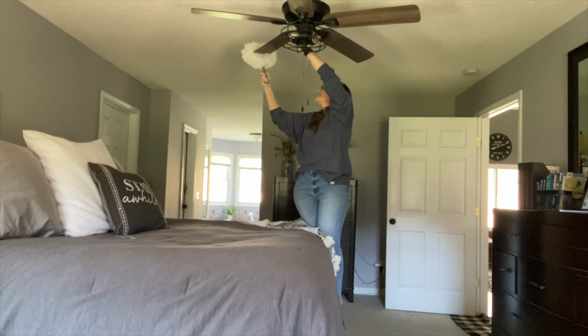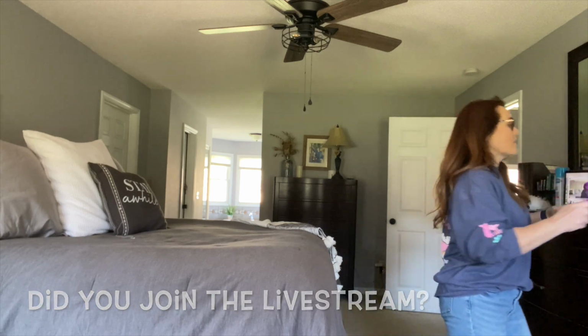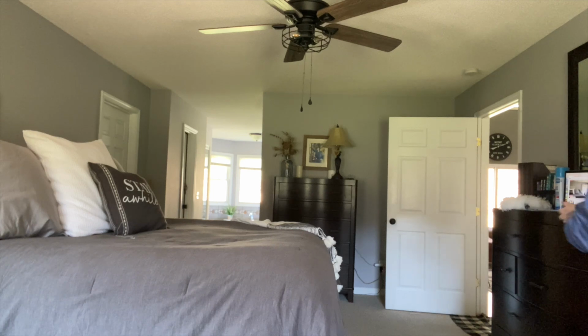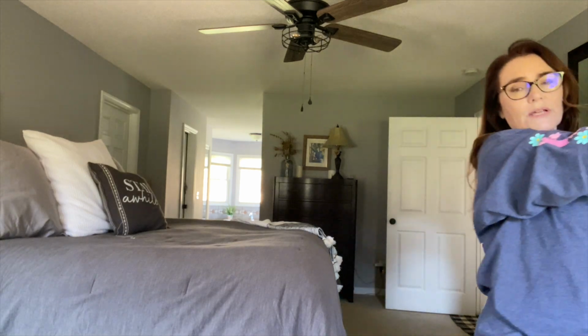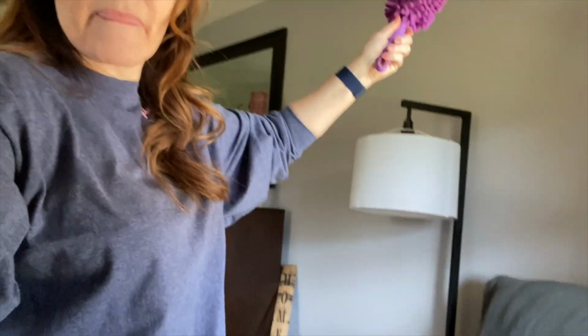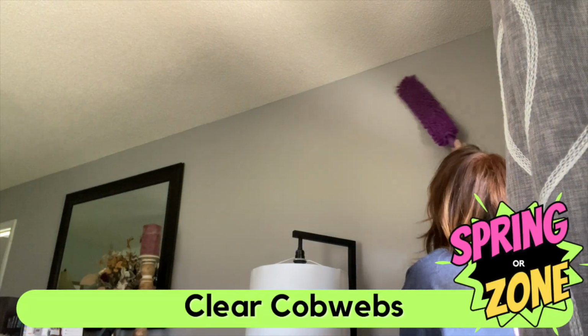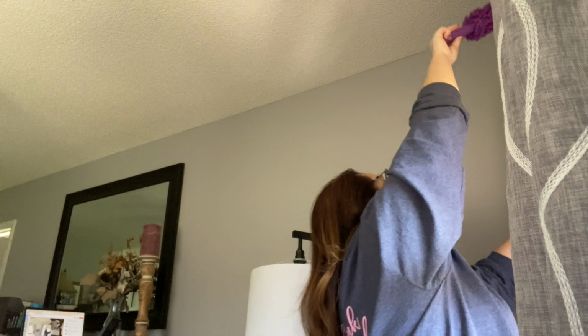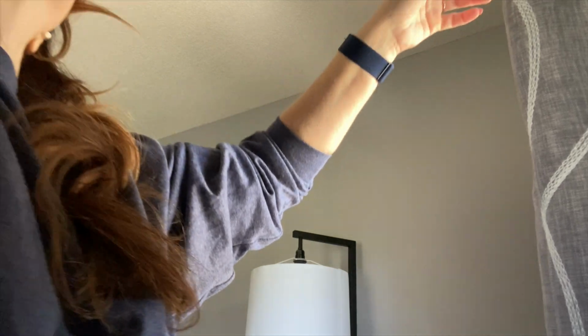So I start from the top and move my way down. So ceiling fan is first. Now I'm going to use the Flexi wand, and I'm quickly going to go around the edges of my ceiling. Whoop, y'all can't see me. There we go. Going around so that we can get the cobwebs, because in the country this is a problem. So I have to do this, and that's why I always like to do it first thing in my zone cleaning. And it's one of my least favorite things because I am so short, but while I'm here, I go ahead and get the tops of my pictures